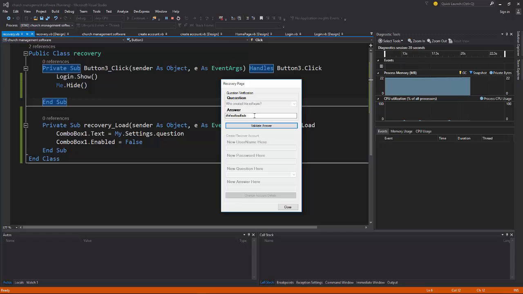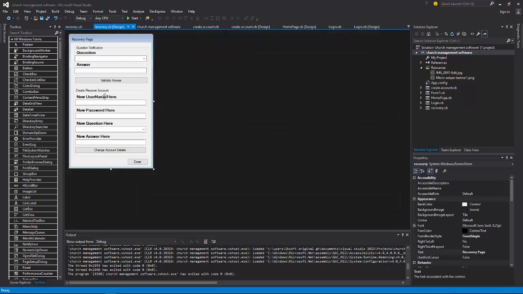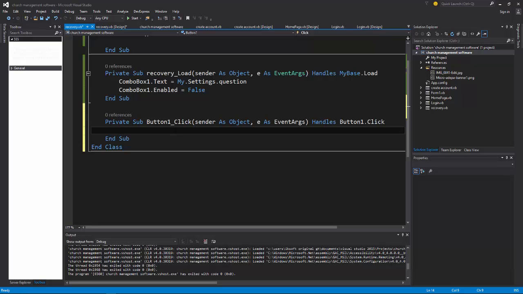If it is the correct answer I chose for the question, then after the validation, it should enable the create or recover account for me to recover. Otherwise you won't get any access to do this. All right, so let's see how best to work on that. So let's click on the validate, and you see that